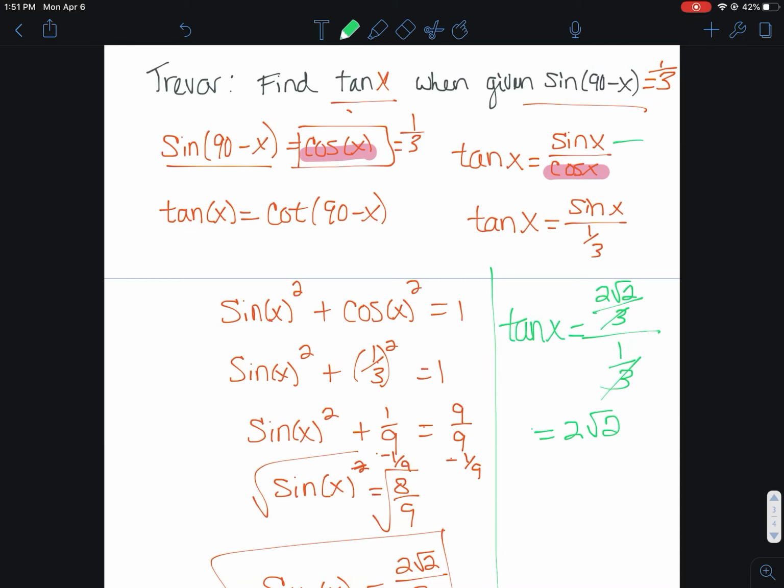That problem was a little bit complex there, but the main takeaway is that if you have the complementary angle, it's equal to its cofunction's complement. All right, so the sine of 90 minus